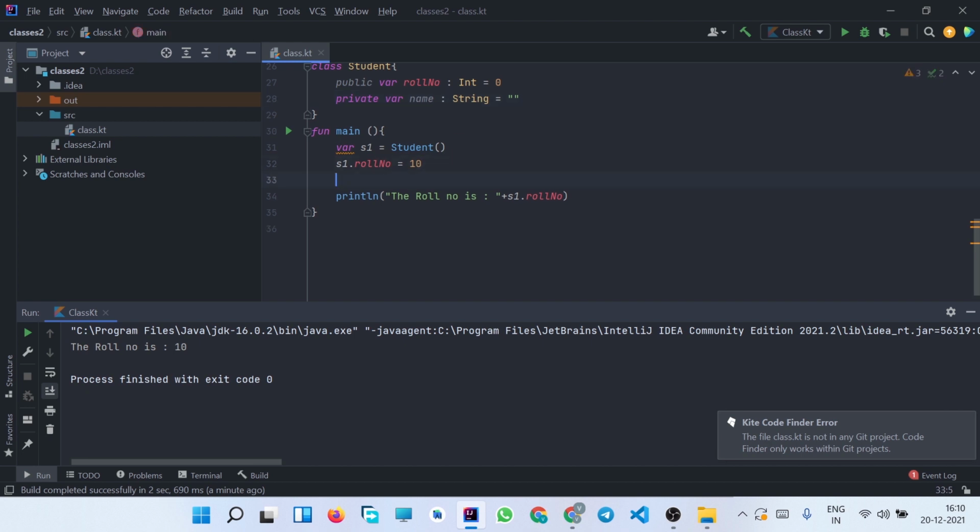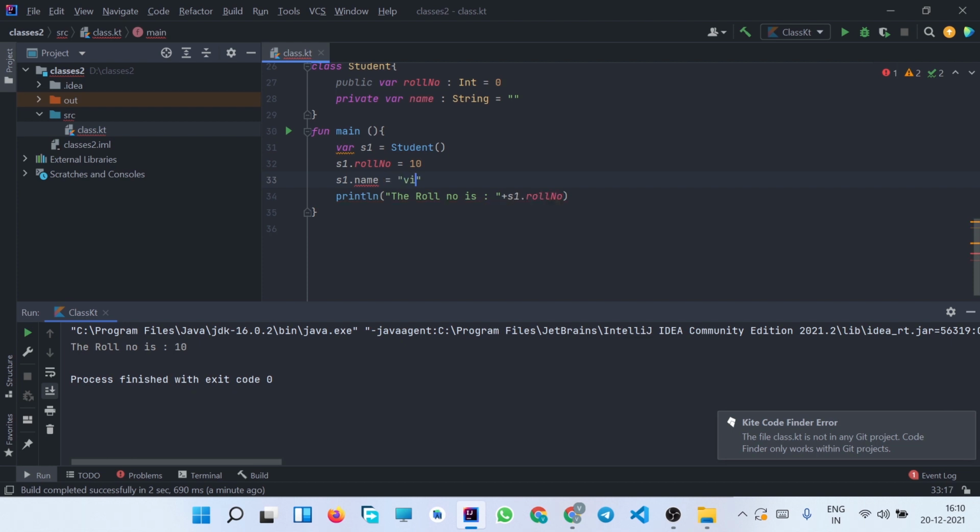So now let's try to access this attribute in the main function, which is outside the class. So according to the definition of the private access modifier, we will not be able to access it in the main function, since the attributes which we have declared using the private access modifier inside the student class, or inside any class, can only be accessed inside that particular class, not outside the class like we are doing here. We are trying to access this attribute in the main function, so it will surely give us some error. So let us try to access.